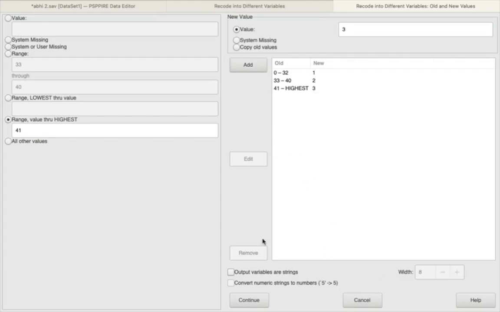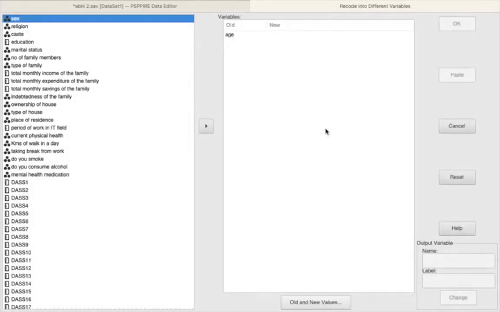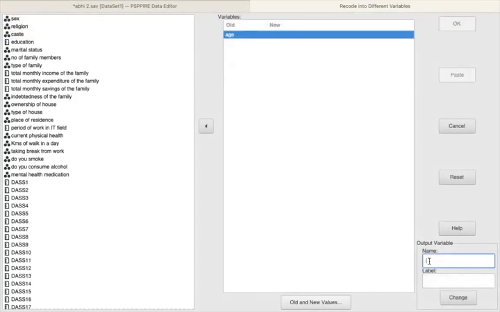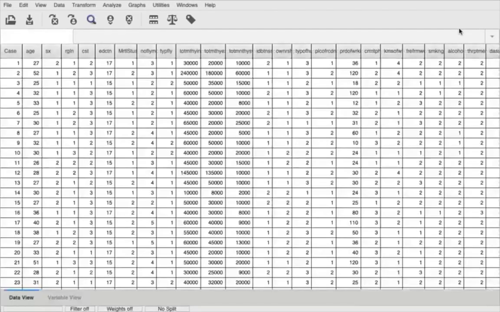Okay. So once we are done with that, we click on Continue. You select this variable again, and here in the Name column, we have to give a short form. This is age group. Age we already have. We want age group, so we say AGEGR, short form. In Label, we can give the space and capitals, everything: Age group. Then we click on Change. Once we click on Change, we click OK.